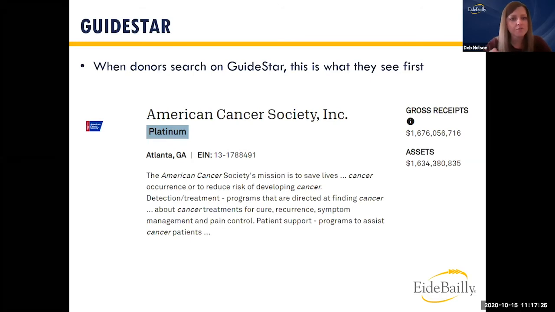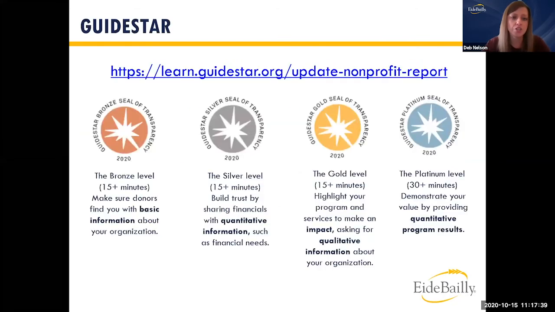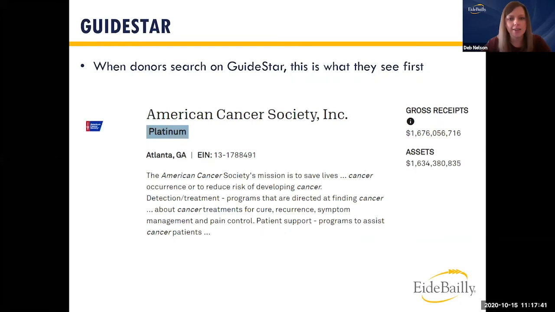But here, so if I go into GuideStar and type in American Cancer Society, it's going to pull this up. If I click on this, it's going to bring me to their profile page. And this is where you can see more information on their mission, what year they actually got tax exempt status, if they have an IRS filing requirement, and then you can actually access the 990s from their profile page.